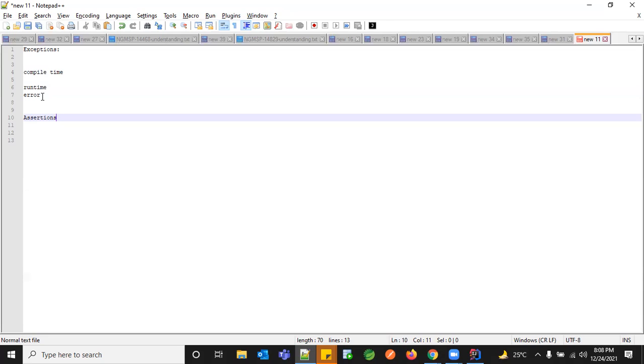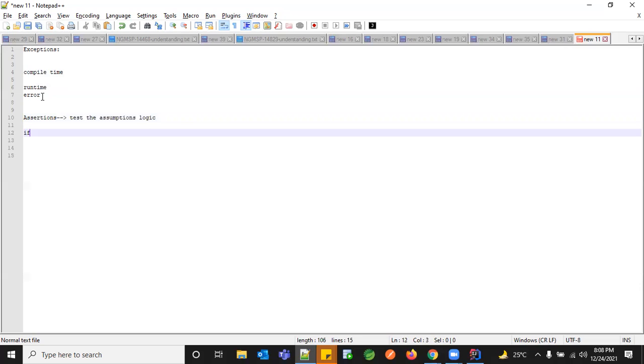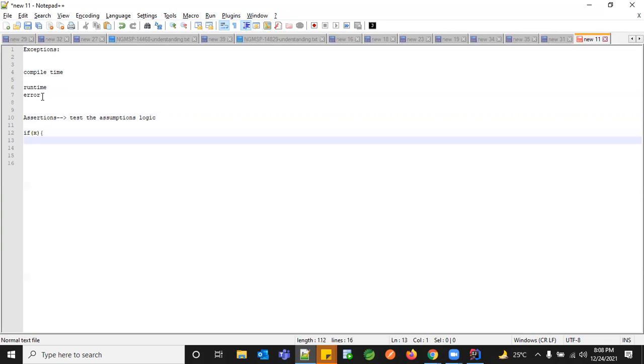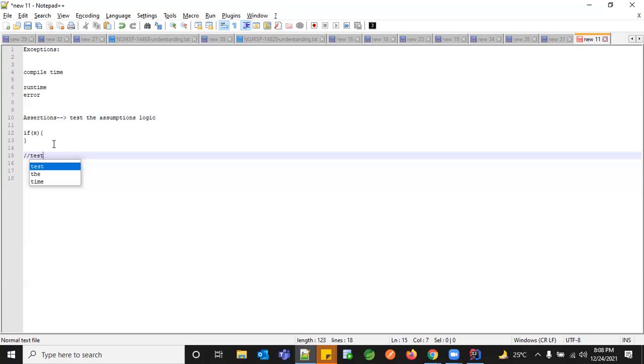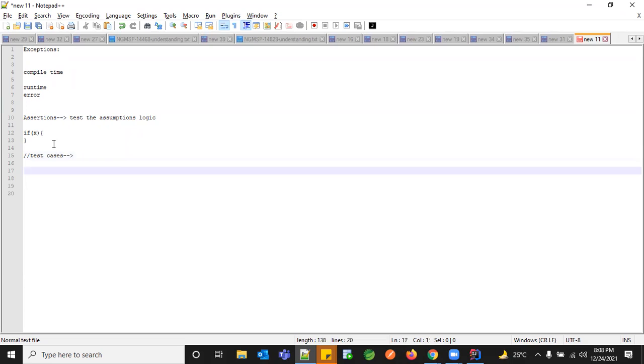No? Okay, so assertions are a way for us to test the assumptions we have for the logic created so far. For example, if you have written an if condition, say if x is 5, or if it's 2, only if my condition is satisfied will I go into this block. Whenever you're writing a piece of code, we'll have test cases. All your positive, negative, and edge case scenarios will be covered in these test cases. So what we assume is, suppose my x value is 5. In that case, I'll hard code a value and say assert.